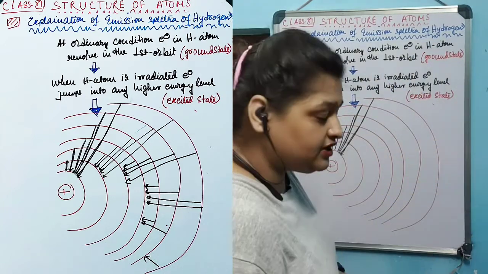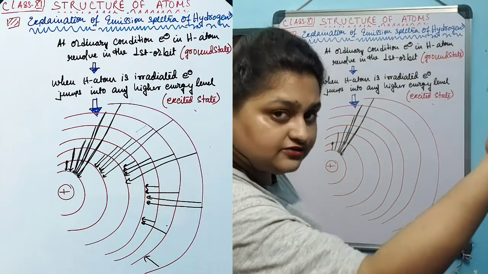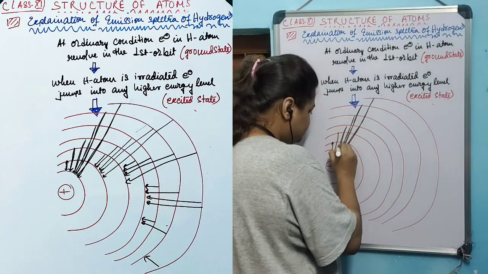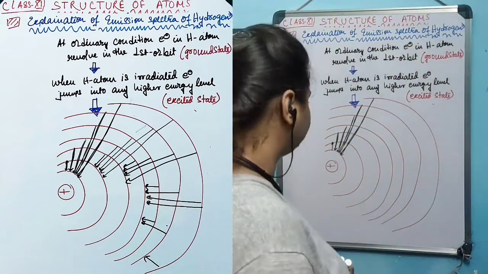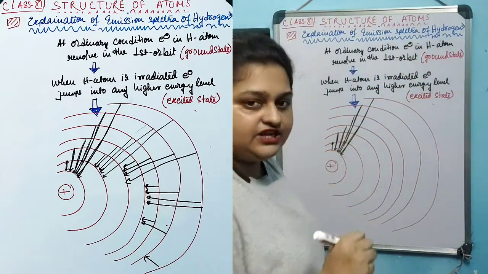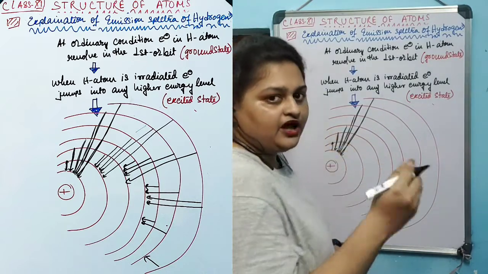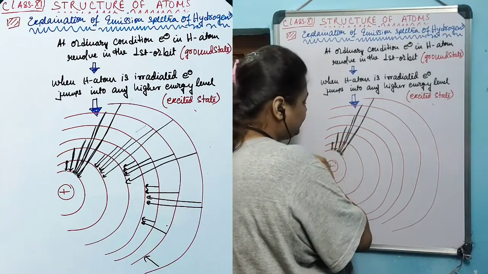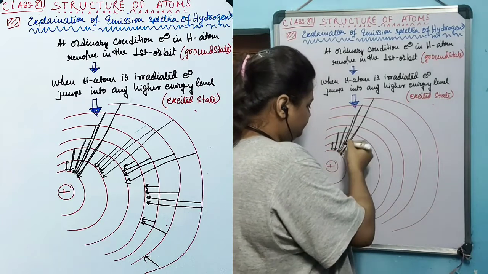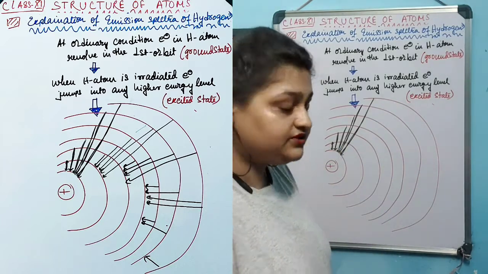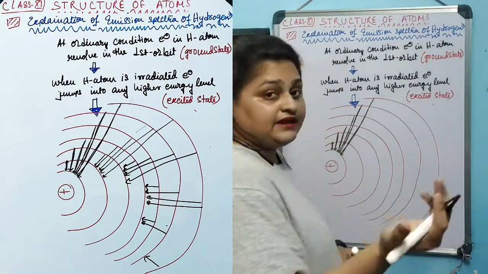For another hydrogen atom, the electron residing in the fifth is jumping back to the first, and in another hydrogen atom the electron is jumping into the first energy level from the fourth, and from another hydrogen atom in which the electron is residing in the third one, it is jumping back to the first energy level. And if there is another hydrogen atom in which the electron is residing in the second energy level but jumping back to the first energy level, then the spectra that we will get, with the electron always jumping back to the first energy level, corresponds to the Lyman series.